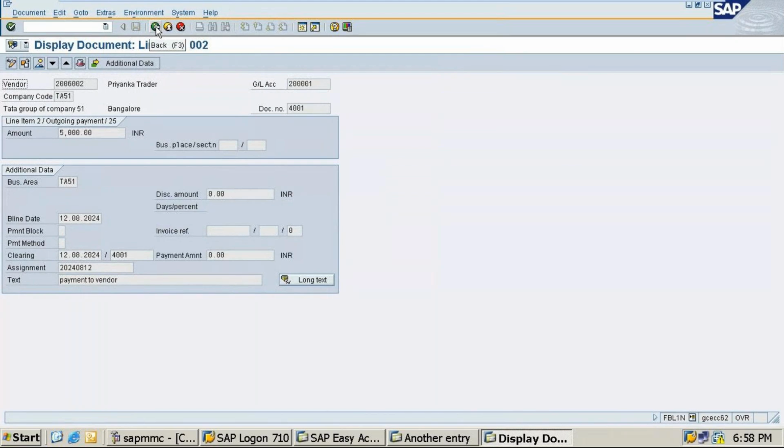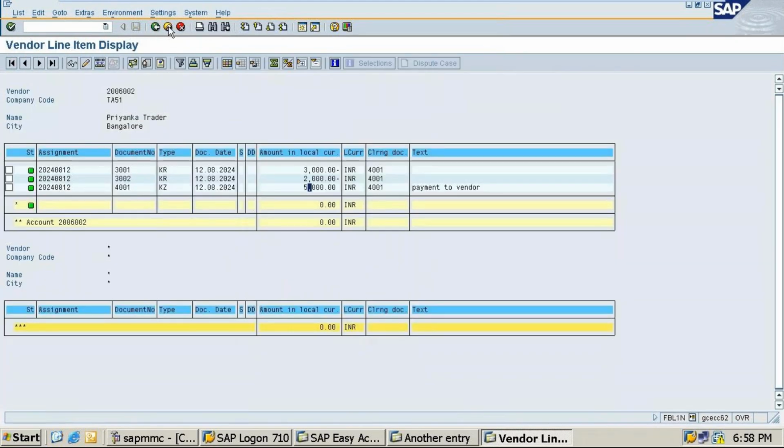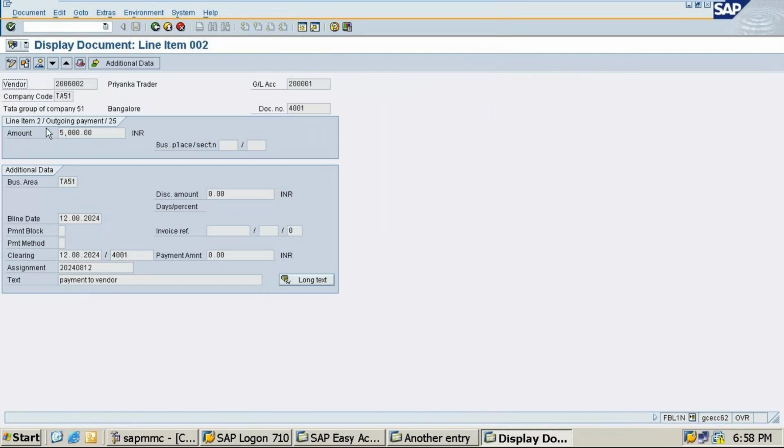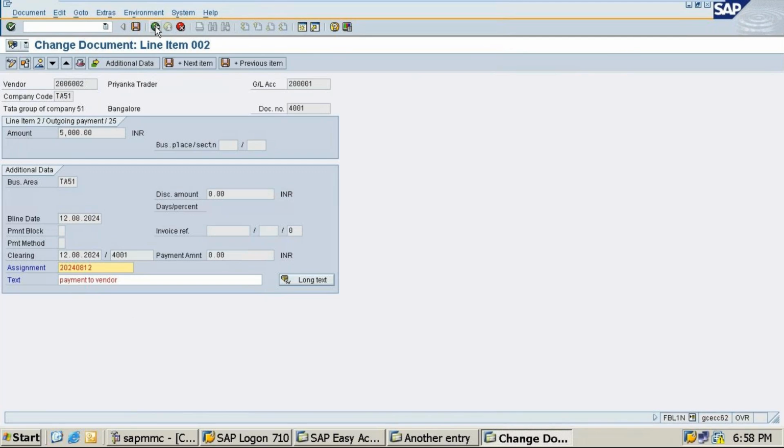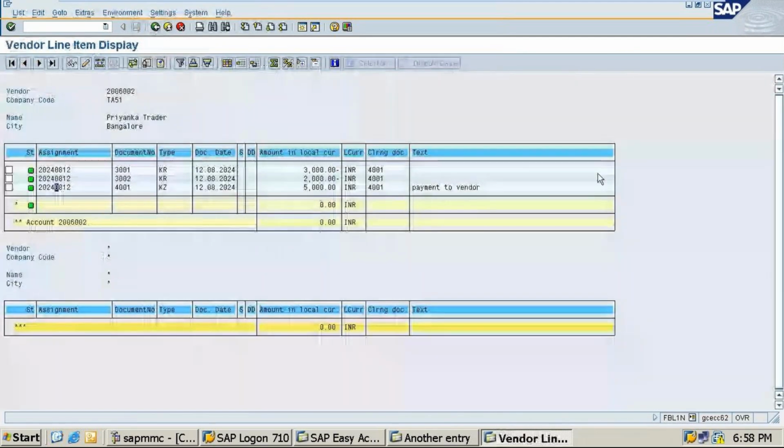Yes. So all this should display here on this vendor line items. So this payment has been done, students.